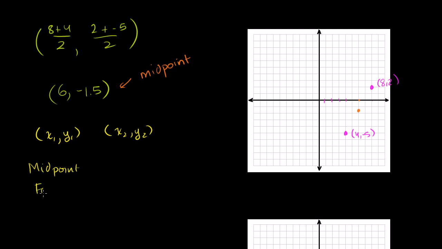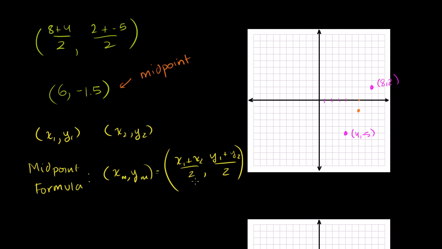So the midpoint formula, what they'll really say is the midpoint. So maybe we'll say the midpoint x, or maybe I call it this way. I'm just making up notation. The x midpoint and the y midpoint is going to be equal to, and they'll give you this formula, x1 plus x2 over 2, and then y1 plus y2 over 2, and it looks like something you have to memorize. But all you have to say is like, look, that's just the